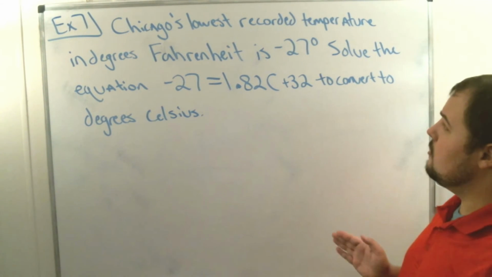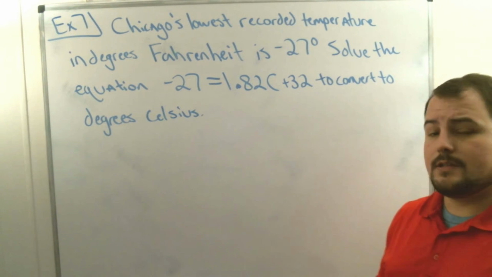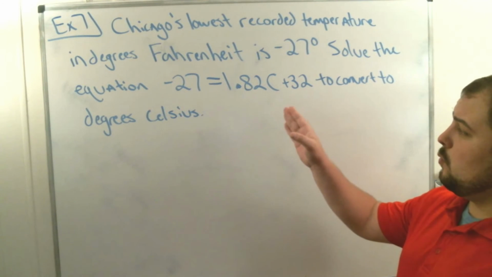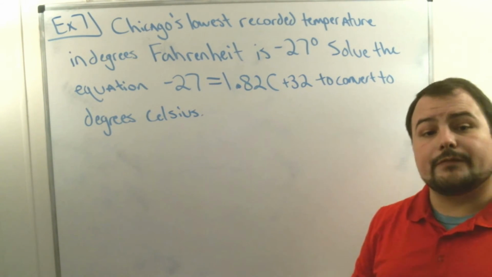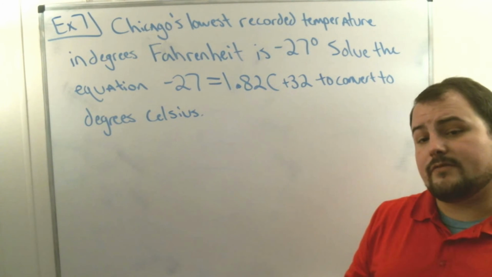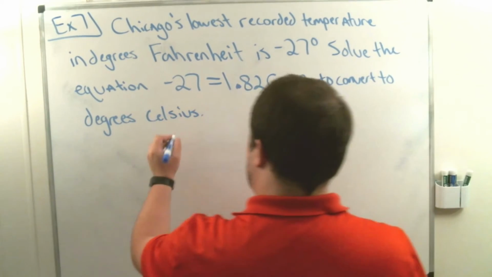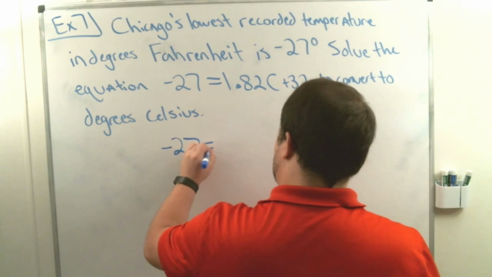It says Chicago's lowest recorded temperature in degrees Fahrenheit is negative 27 degrees. Solve the equation negative 27 equals 1.82 times C plus 32 to convert to degrees Celsius. So we're going to convert negative 27 degrees Fahrenheit to degrees Celsius. And all we've got to do is solve this equation to do that. So negative 27 equals